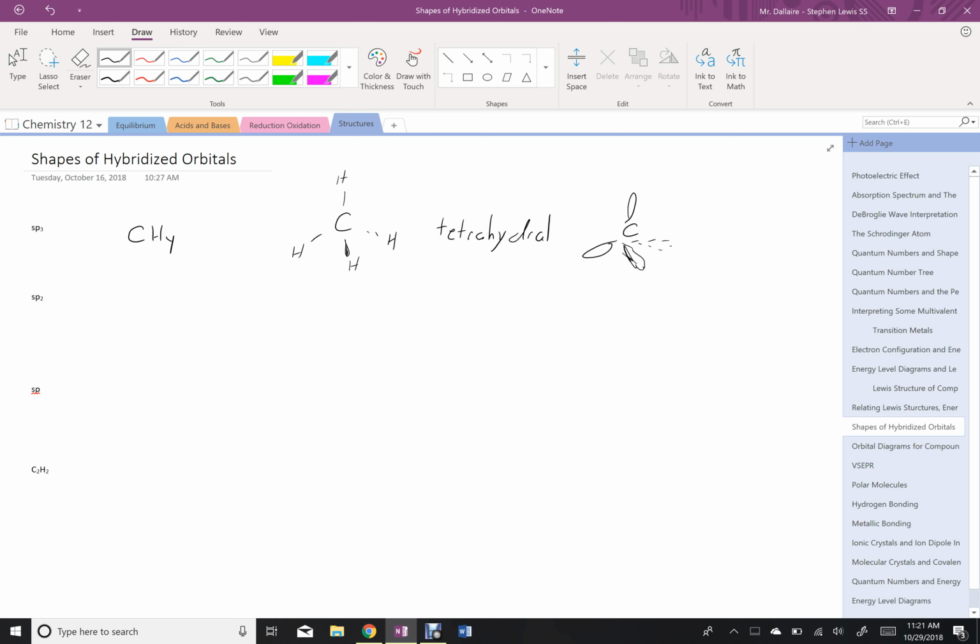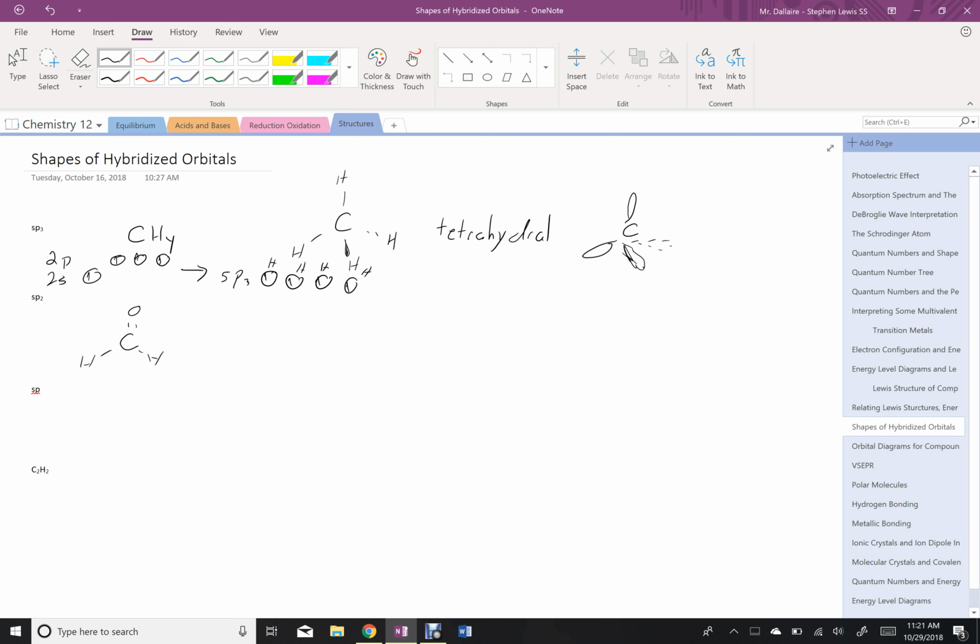For sp3, we had our 2s and our 3 2p's with one electron each, and they all came together to form the sp3 new energy levels, allowing for the 4 bonds, 4 single bonds. Our sp2 example was